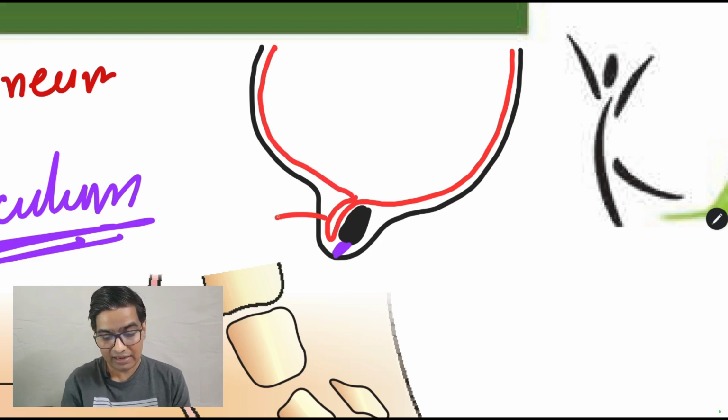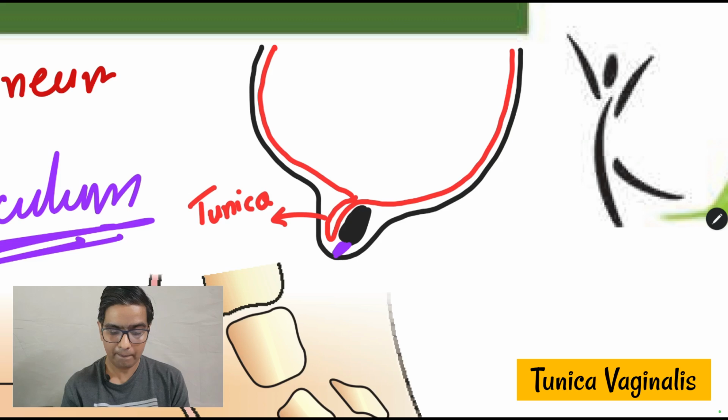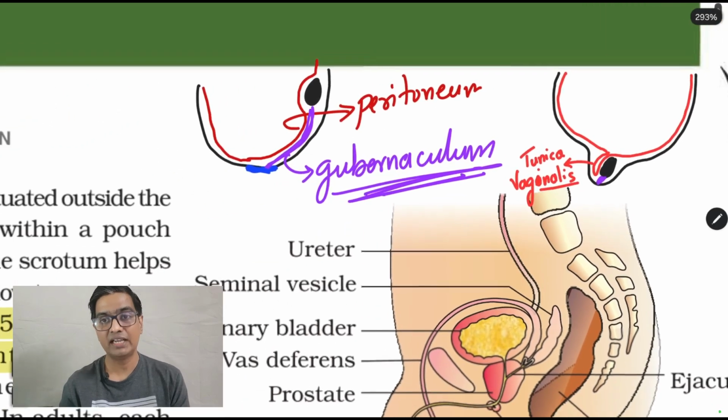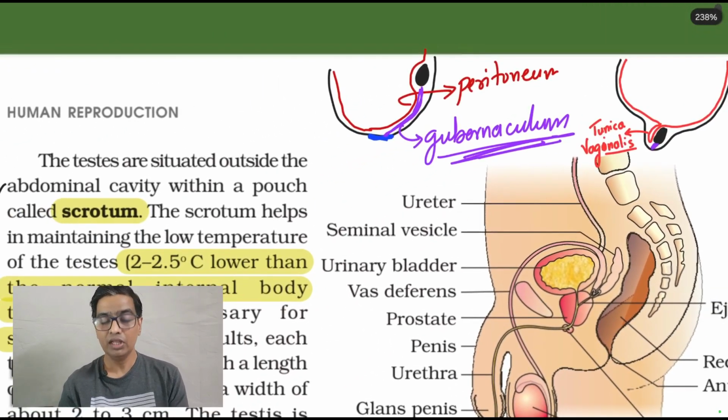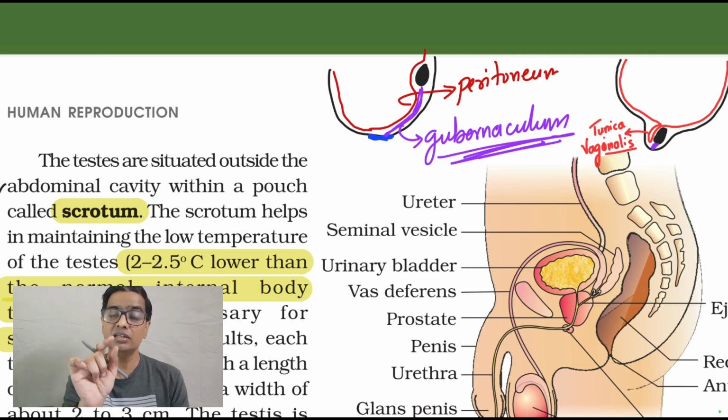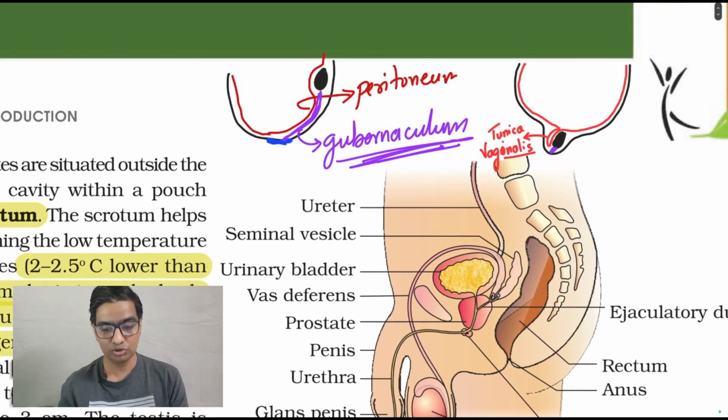And surprise, surprise, the testes is still covered on the anterior side with the peritoneum. Getting it? So the anterior part of the testes, which is still covered by peritoneum, this peritoneal covering is in the future going to form the tunica vaginalis. Simple. Easy peasy. So don't forget the gubernaculum. Don't forget it is a fibromuscular band which, under the influence of testosterone, will pull the testes down into the pouch called the scrotum.